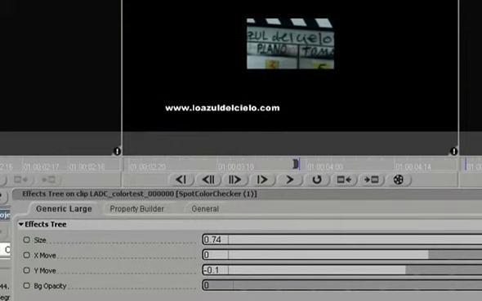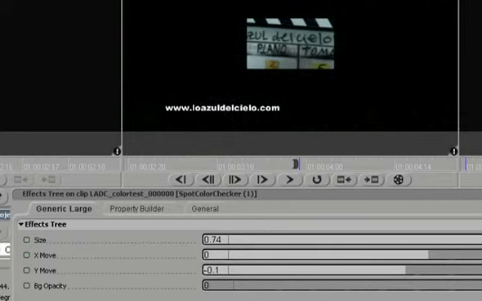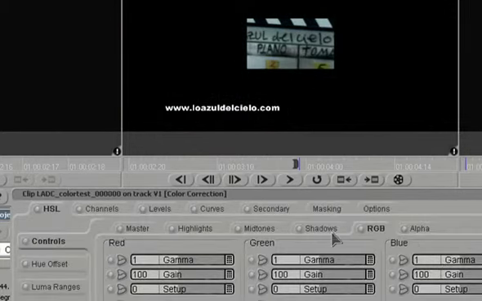You can turn off the background completely, but even if you don't, you will clearly tell on the scope where that is because the amplitude of that signal will be a lot lower. Even on the screen without a scope, you can see that this has a lot of blue and green tints to it. Let's go to the color corrector. There are many different ways you can balance out color in the shot. I'm not going to say that one is better than the other, but in this case I'm going to use the RGB tab to counteract green and blue contamination in the shot. I will just bring red up